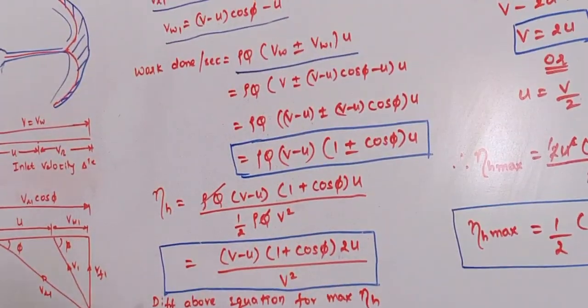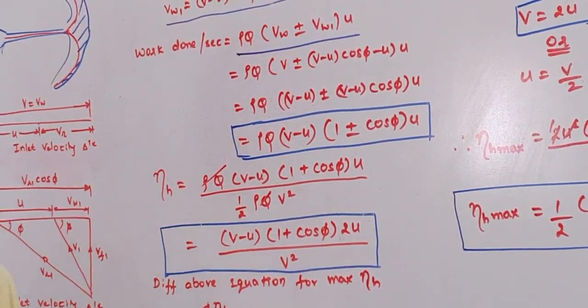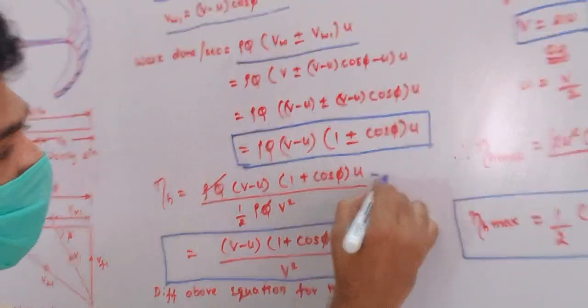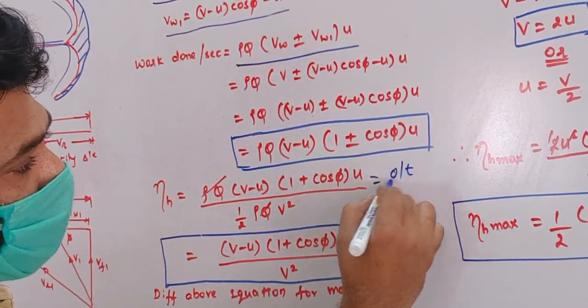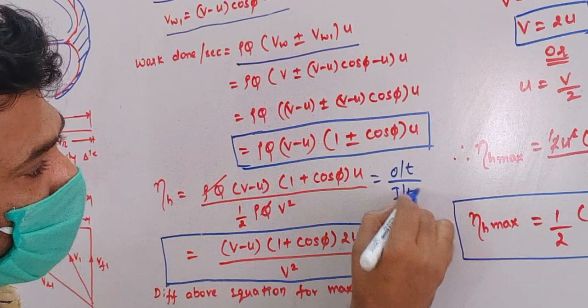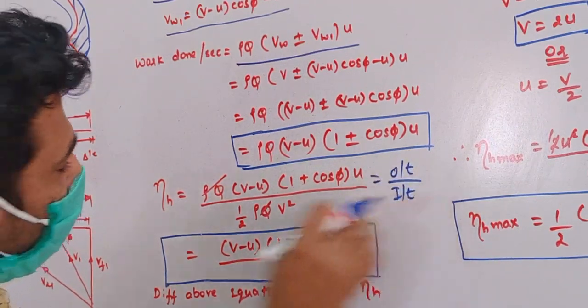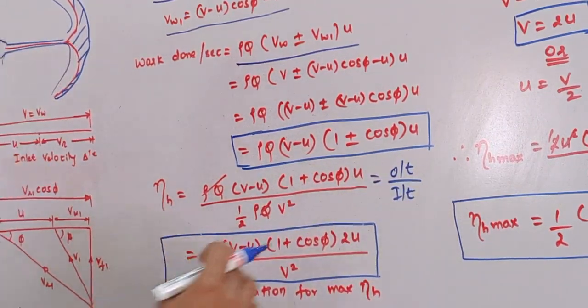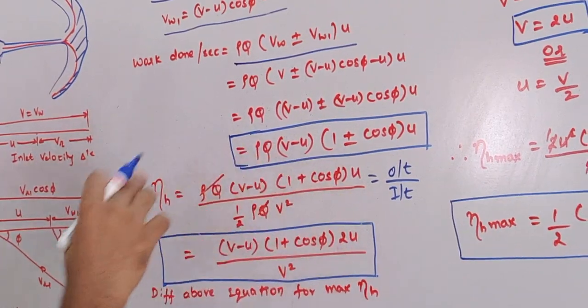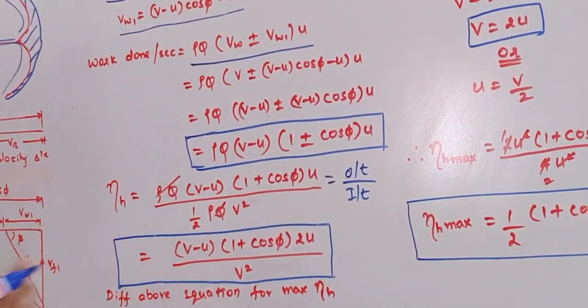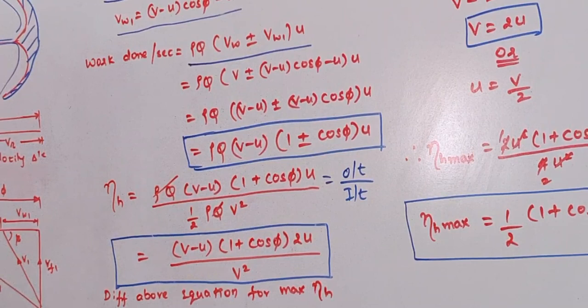Here, usually how do we calculate efficiencies? Efficiencies are calculated by output divided by input. The ratio of output to input will give you the efficiency. As in the previous session, we have discussed hydraulic efficiency. How do we describe the hydraulic efficiency? It is the amount of power developed in the runner divided by the power given by the water, right? So RP divided by WP, the equation that was already discussed in the previous session.